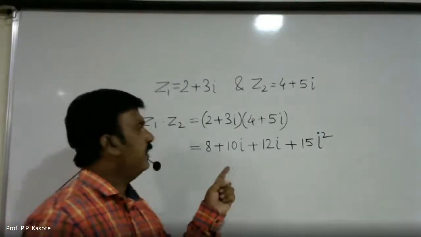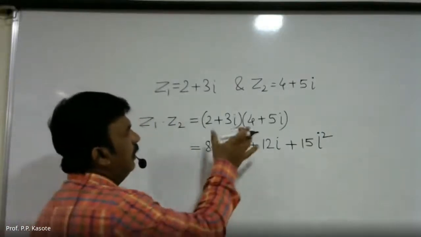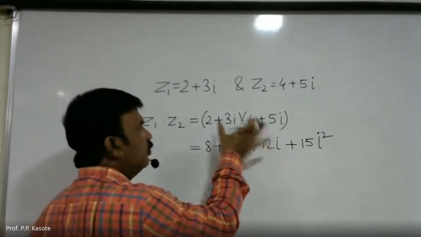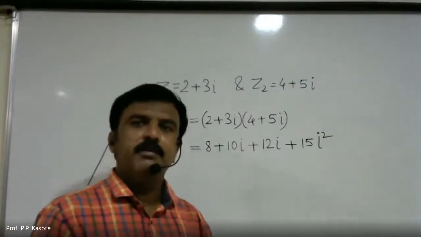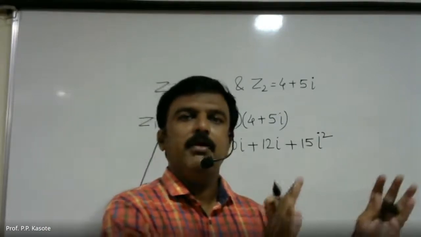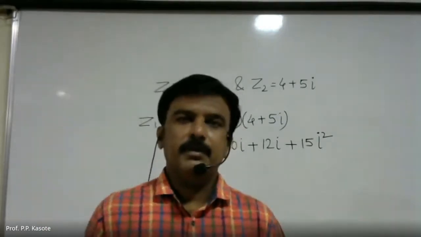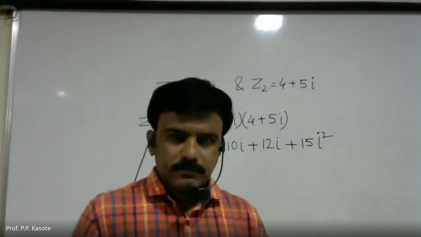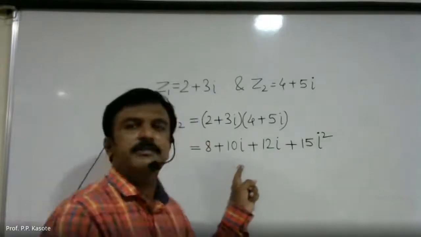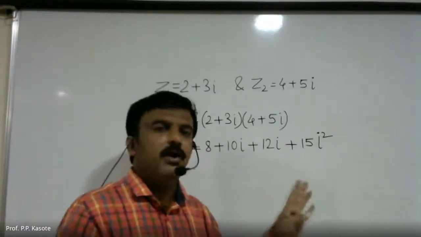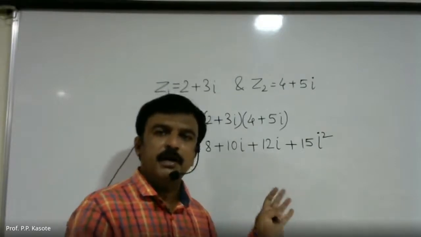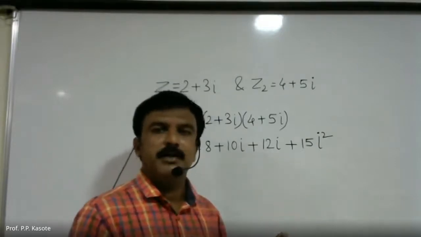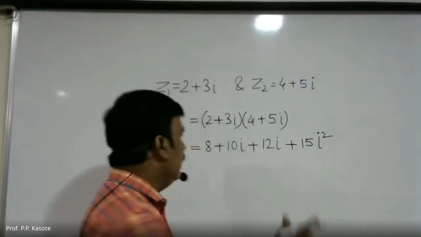What we have done over here, we have simply multiplied these two brackets. Multiplication तो हो गया. We have done with the multiplication. We have multiplied one bracket by another one. But the question is, does it look like a complex number? The answer is no, not at all. We'll have to simplify it more. इसको और simplify करना पड़ेगा so as to get a complex number at the end. Okay? Now,